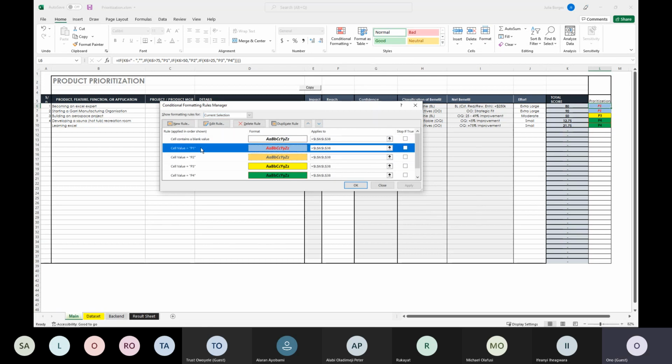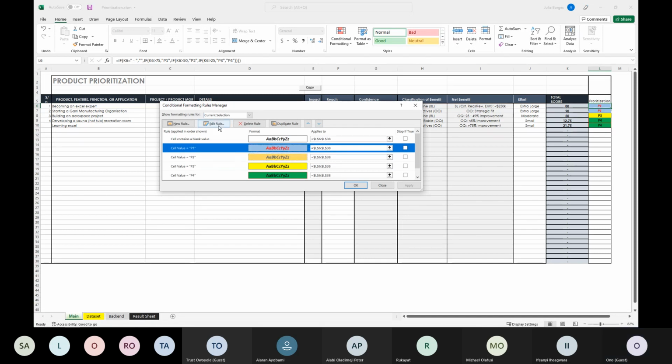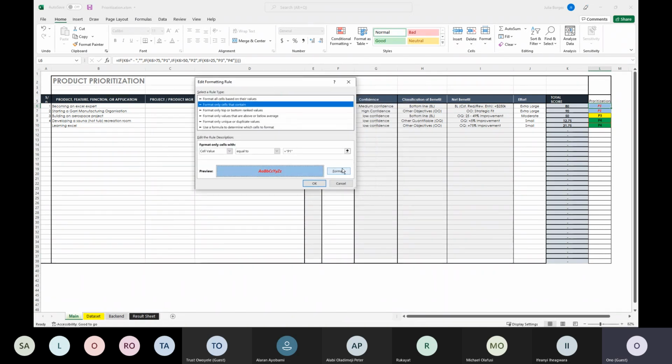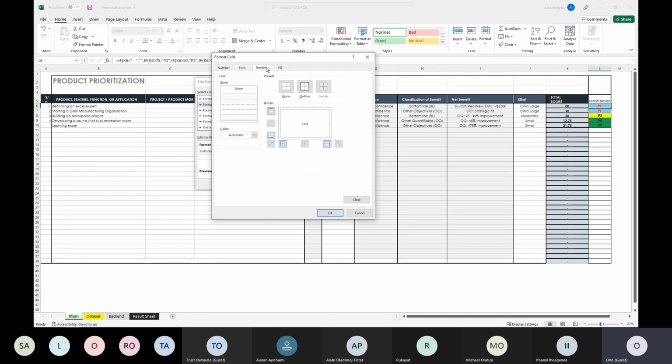So I'll take this as a case study, the value for P1, and try to explain to you how I have made each cell on the L column look this way. Clicking on edit rule, and format, we can see here that the color has been specified as red. That's why the P1 here is red. We have defined the fonts to be red. Also, the borders, as you can see, I've defined the borders.